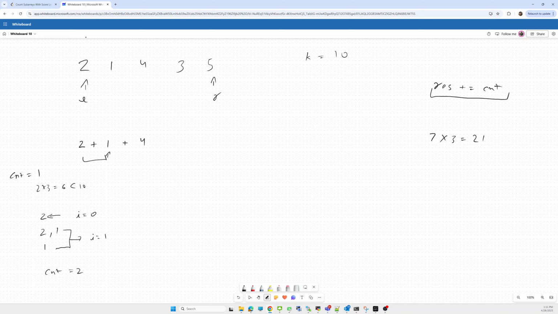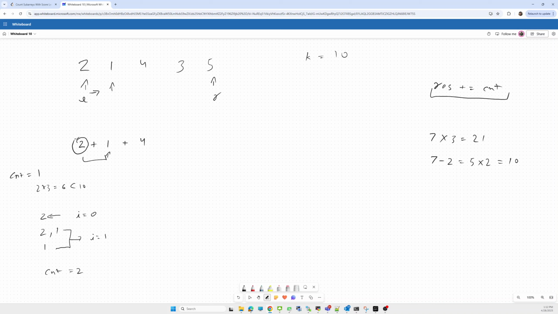Then what we have to do is move this left pointer to the right side, which means start squeezing. While squeezing, we have to remove the leftmost element from the sum. The sum till here is 7, so first we remove 2, then the resultant will be 5, and we have to subtract the count also. Here the count is 3, after subtracting it will be 2. Then 5 into 2 is equal to 10.